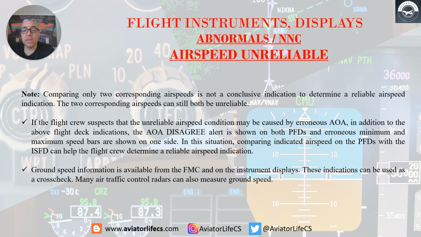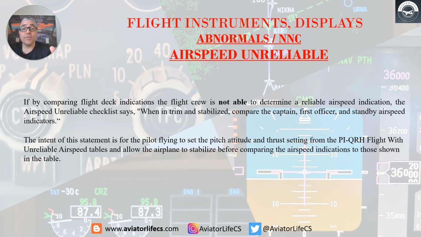Ground speed information is available from the FMC and on the instrument displays. These indications can be used as a cross-check. Many air traffic control radars can also measure ground speeds. If, by comparing flight deck indications, the flight crew is not able to determine a reliable airspeed indication, the Airspeed